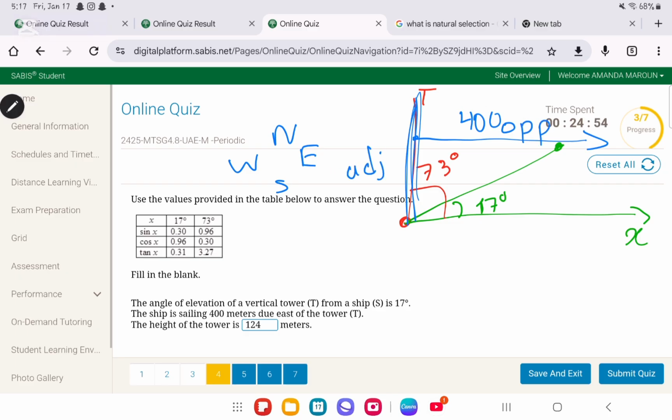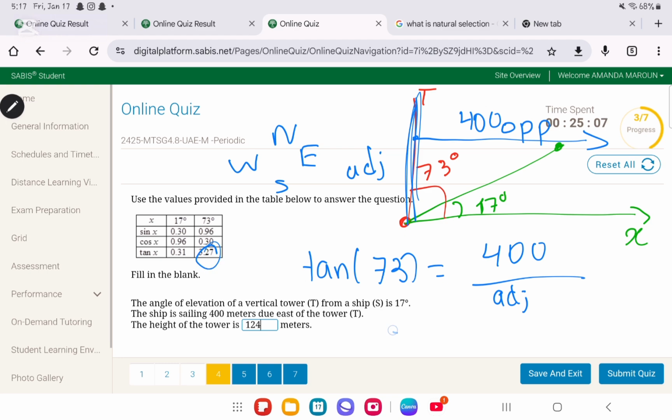So you are gonna use that tangent of our angle 73 is equal to the opposite 400 divided by the adjacent. Okay, so we are given an approximate value of tangent 73 to be 3.27. So to find the adjacent, it is gonna be 400 divided by tangent 73, which is 3.27, and we are gonna get an approximate answer of